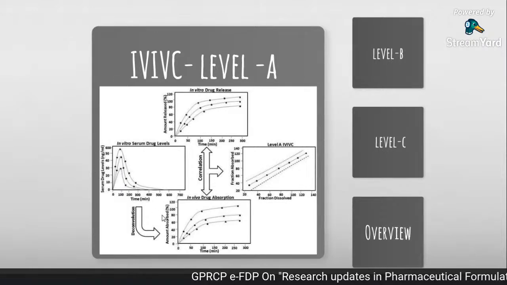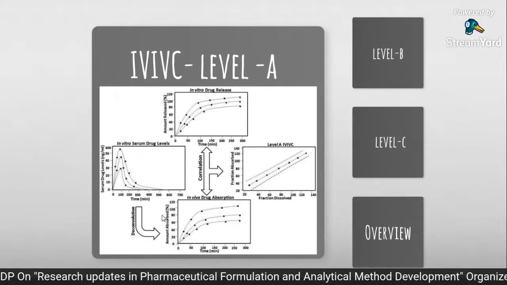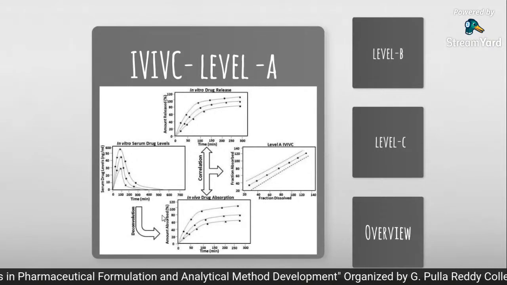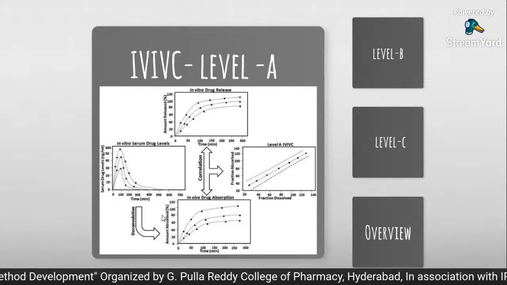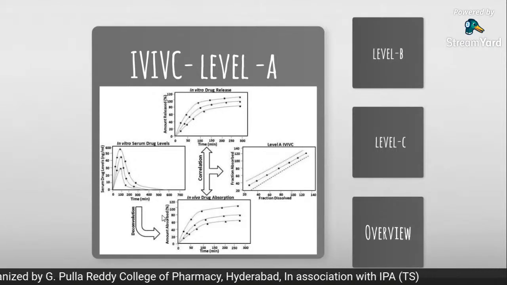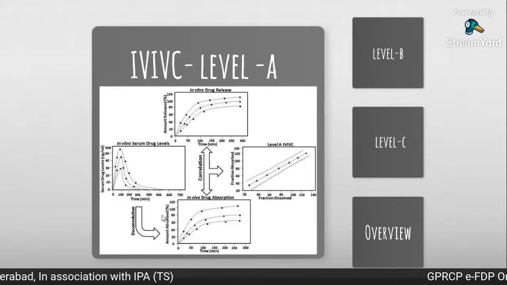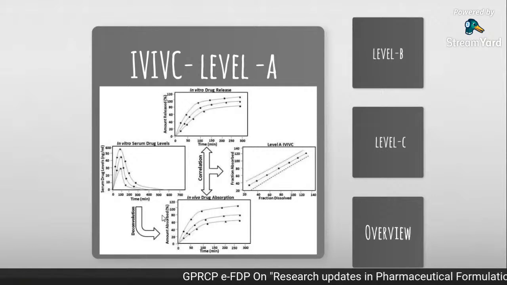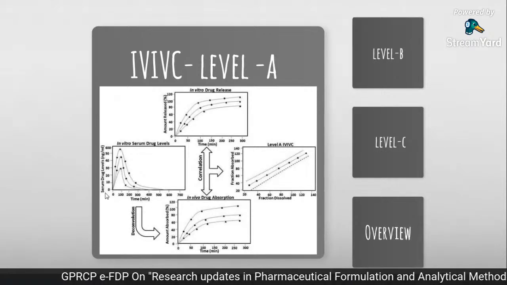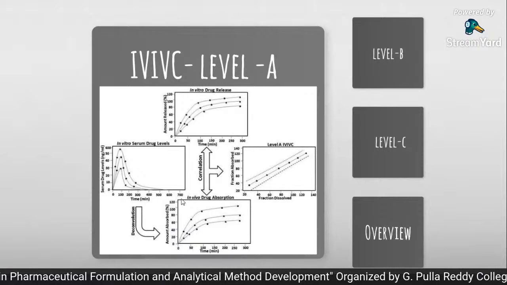There are several software tools available at this moment, because giving all the details of how to convert serum concentration into amount of drug absorption is not possible, but you may know how to do this. The Wagner-Nelson method is a standard method of converting plasma concentration into percentage of drug absorption. This is nothing but deconvolution. By the Wagner-Nelson method, all plasma concentration values or serum concentration values can be converted into amount of drug absorbed.